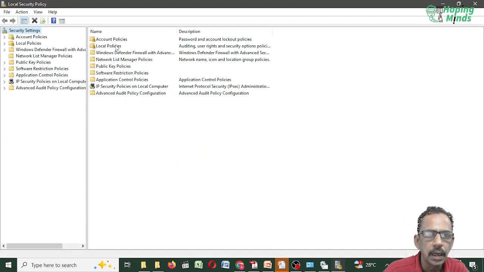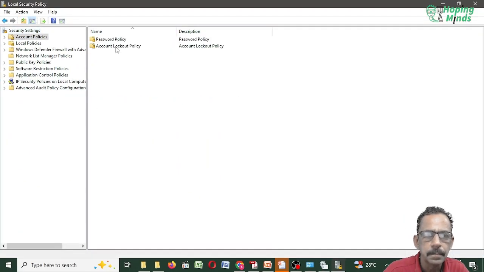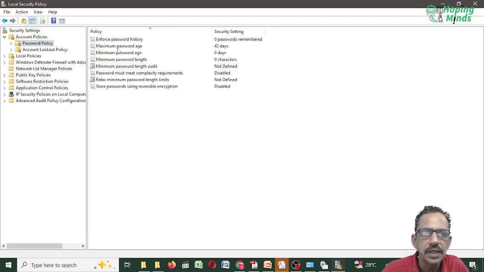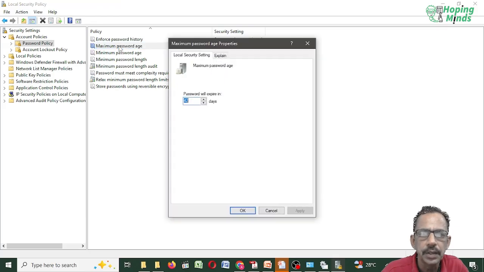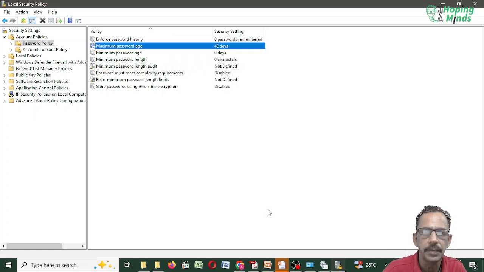From here, account policies, password policies, account lockout policies. Everything, like minimum password age and maximum password age, you can set here. The password must be changed within 90 days, so after 90 days it compels me to change my password. So those are the policies that we can implement here.